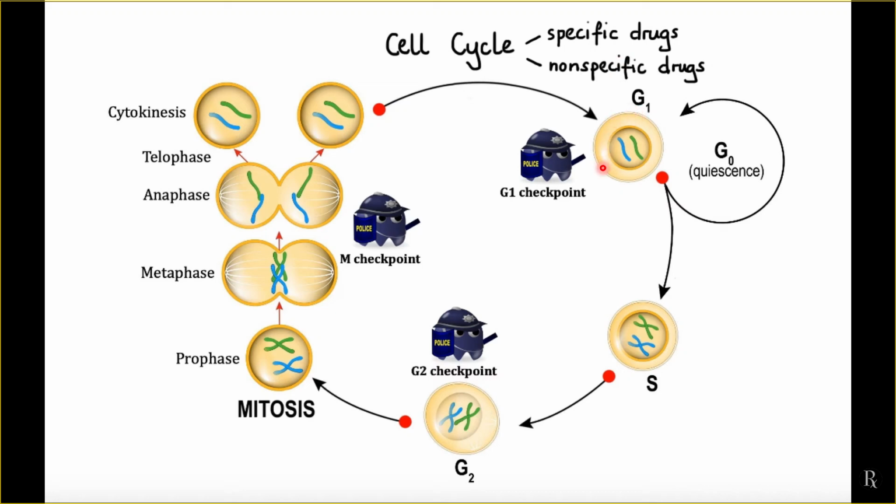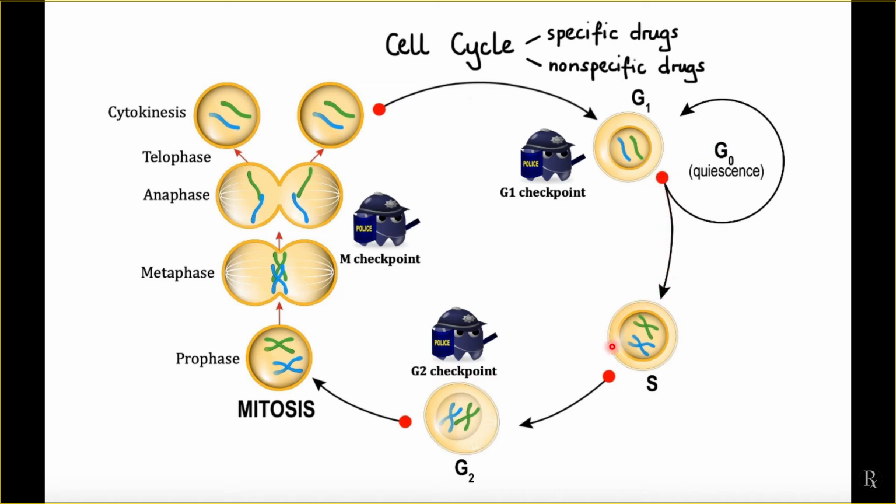In this stage, the cell can usually also increase in size, and after G1 it can either go to G0, that is a dormant cycle, so the cell will stop division for a while, or go to the S phase,